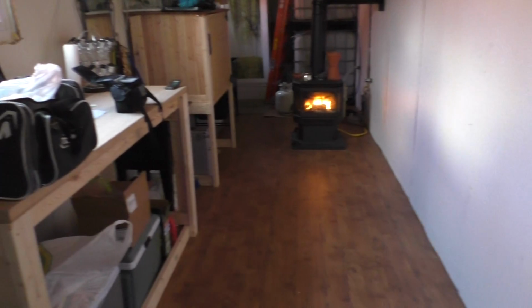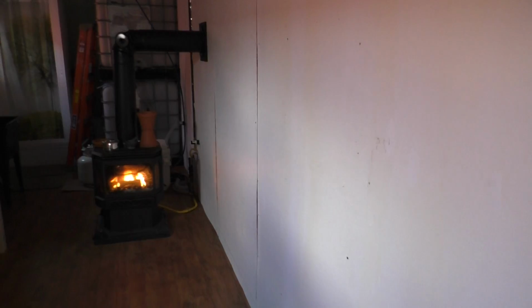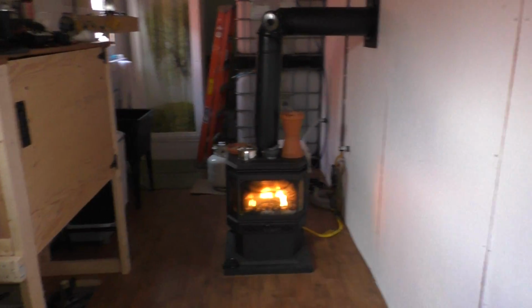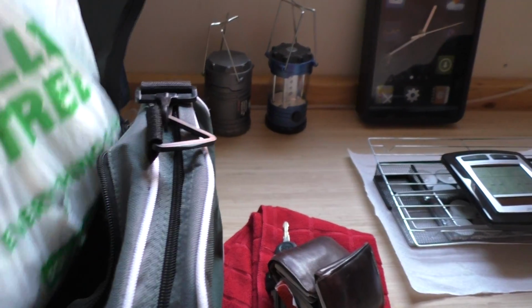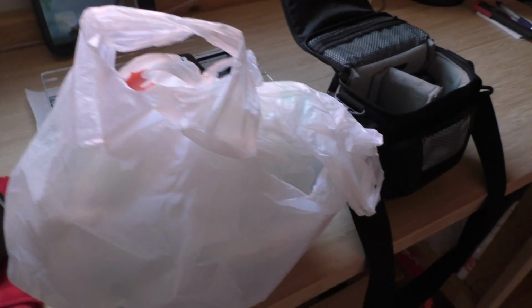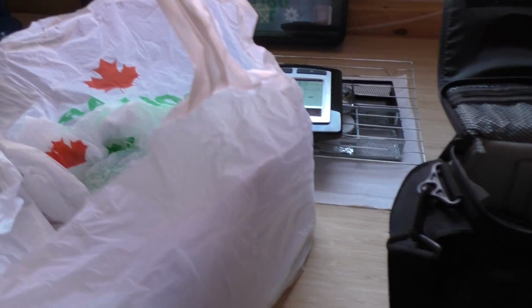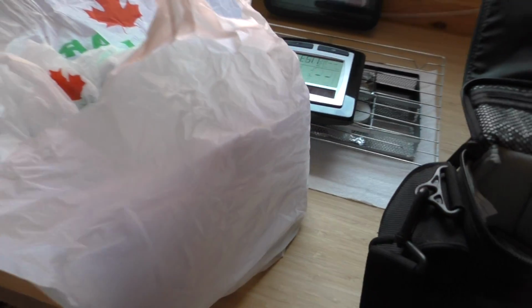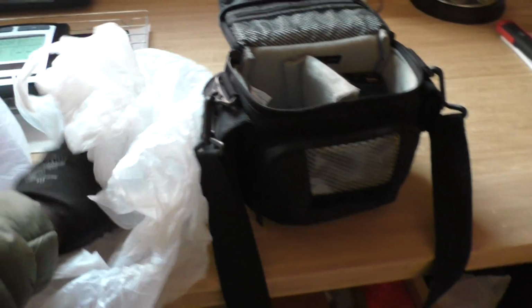And remember, there's no heat over here, guys, when I'm not here. So once I fire this up and get us going, it should improve quite a bit. But I wanted to show you some stuff. So we got the tripod taken care of. I brought this baggie over full of goodies. I get a lot of bags from the Dollar Tree when I buy stuff, so I'm just gonna bring them over here and have some extra bags on hand,